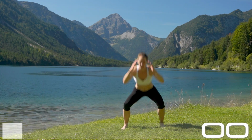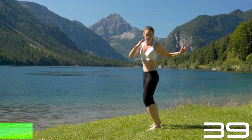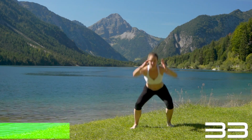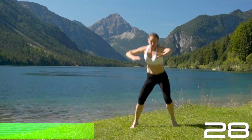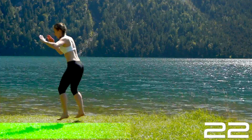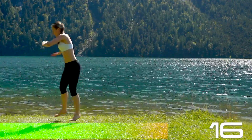Stand switches, great ski preparation exercise, by the way. So we're starting in a squat position and then jump up and twist. Come back into squat parallel and then jump into twist on the other side. So it's squat, twist, squat, twist, squat, twist. Arms can work contralaterally to those legs, so you're coming back quicker. So arms go left when legs go right, and arms go right when legs go left, if you know what